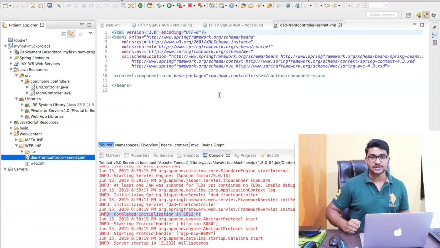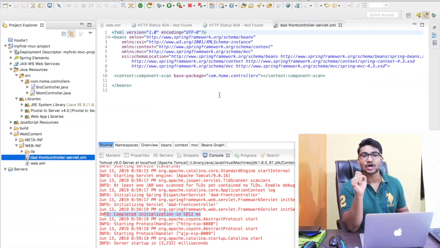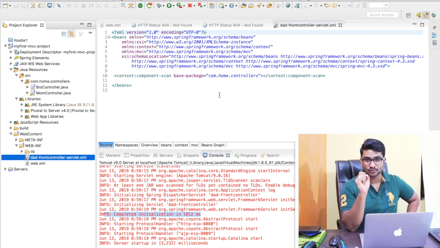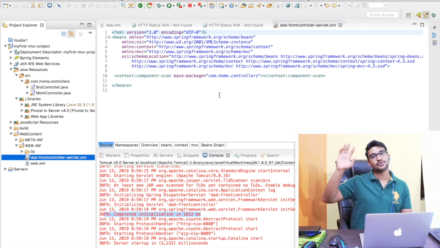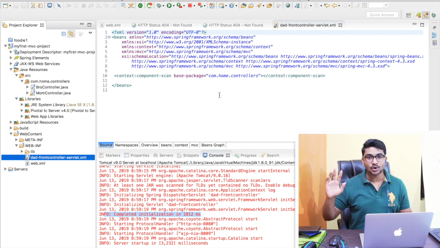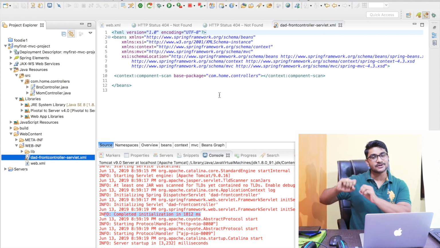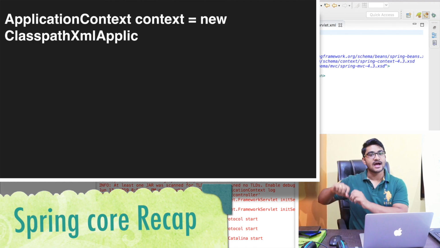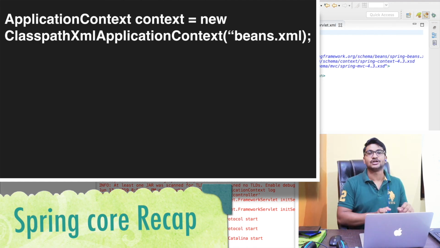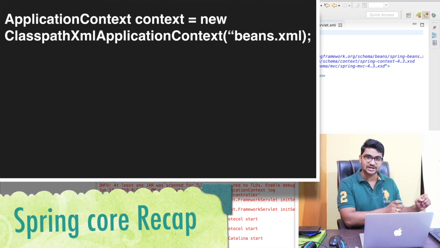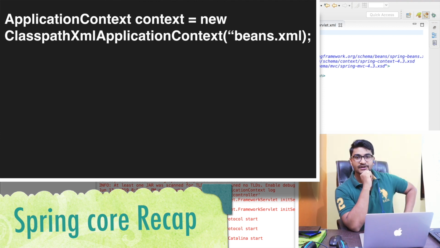For a web application, you have to deal with a container called web application context. But there is good news: you do not have to create the web application context instance manually. Just like you used to do during your Spring Core days, you needed to create a container object manually, like ApplicationContext equals new ClassPathXmlApplicationContext,